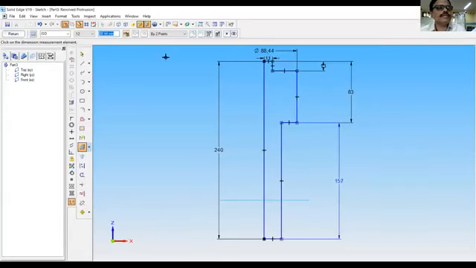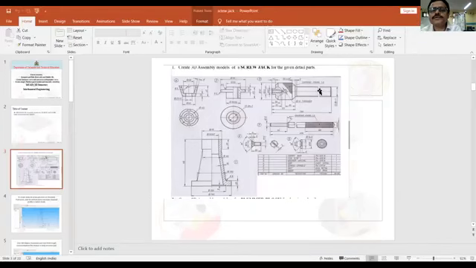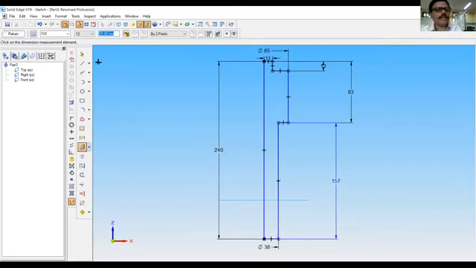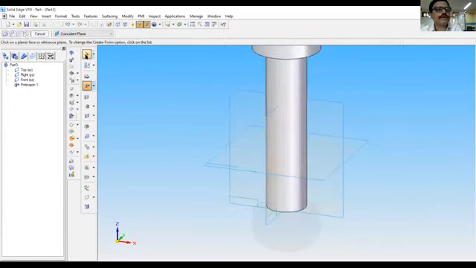So this dimension is 65. You can edit it here, 65, no problem. Then there is a square thread of 38 mm here. So this will be 19. So we can do it by symmetric diameter also, that is, this one diameter is 38. Now the profile for the spindle is ready. Use the axis of revolution. Return. Revolve by 360 degree. Finish and cancel.